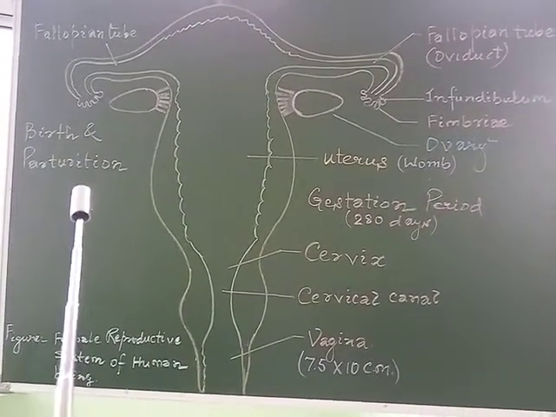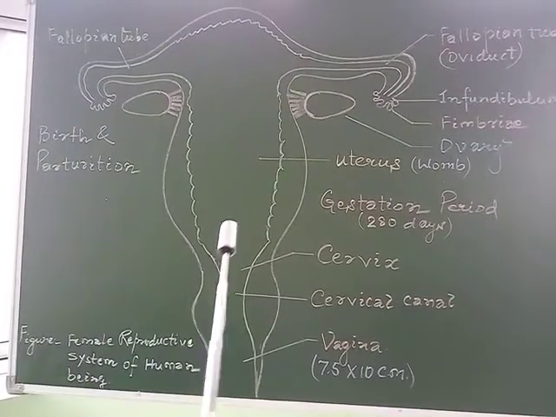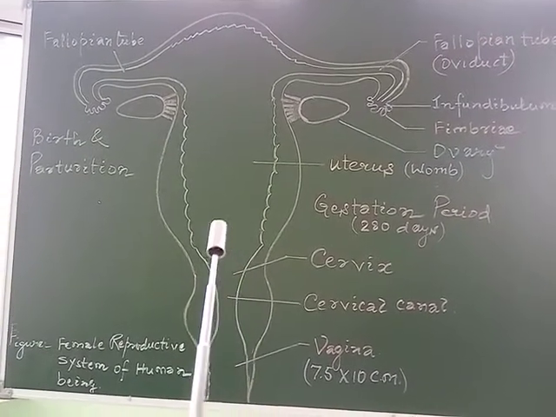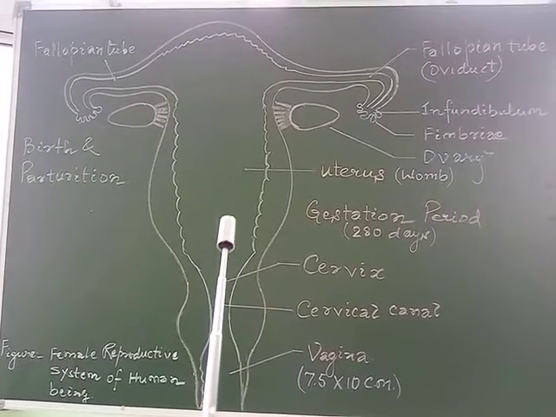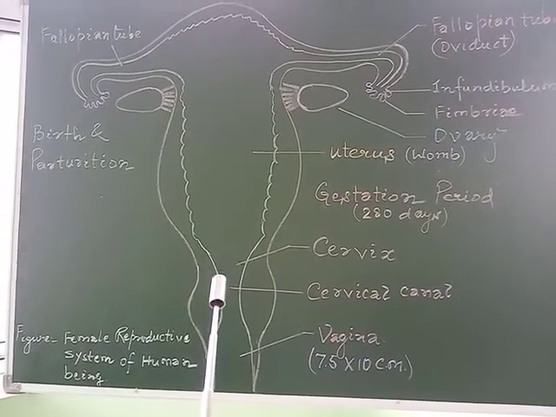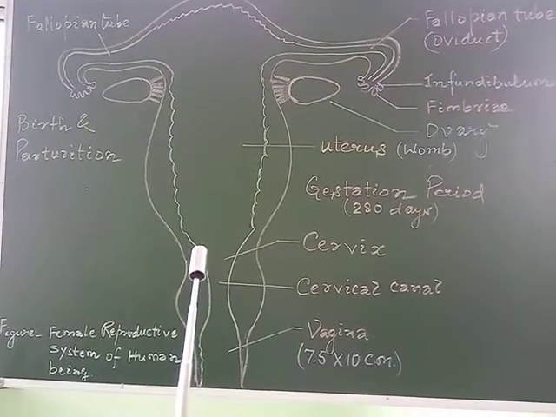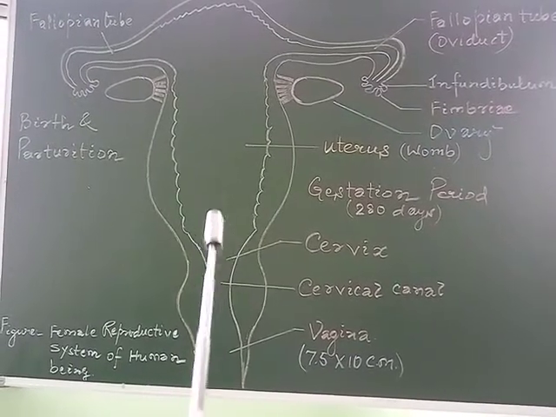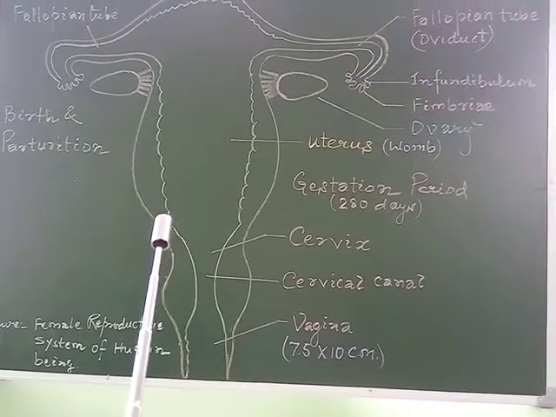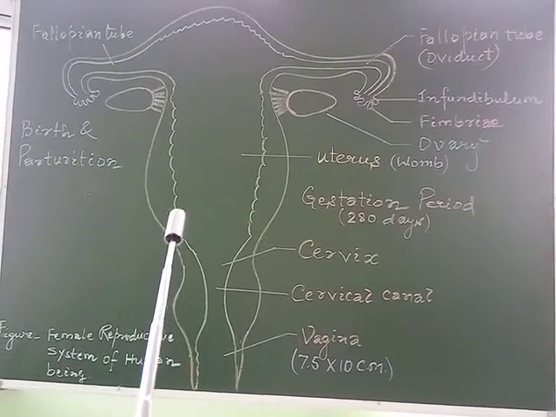As far as birth and parturition are concerned, a few weeks before the birth, the fetus usually turns over in the uterus so that the head lies in the downward direction and just above the opening of the cervix, and the child is born as a result of rhythmic contractions of muscles of the uterine wall. Certain events do take place in the birth of a child.